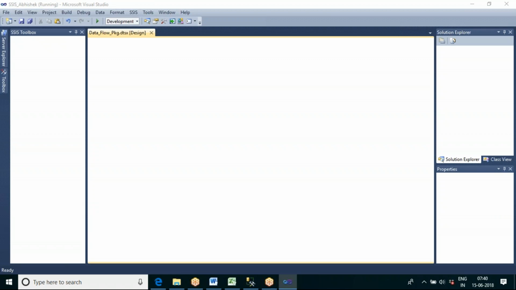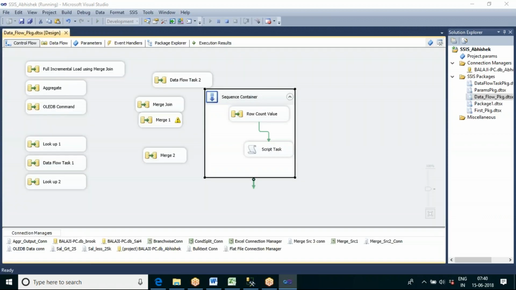Now let me go and see. You can see it is executing these two tasks separately. We are able to display the row count.